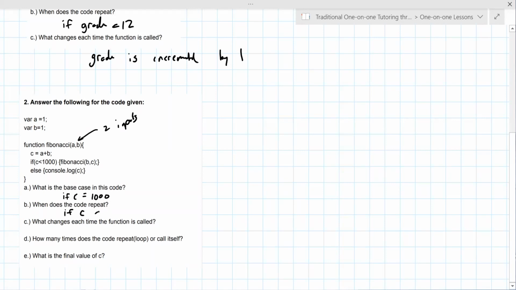If C is less than 1,000. Okay, we're just gonna go through this. I don't want to make any side comments. What changes each time the function is called? So each time